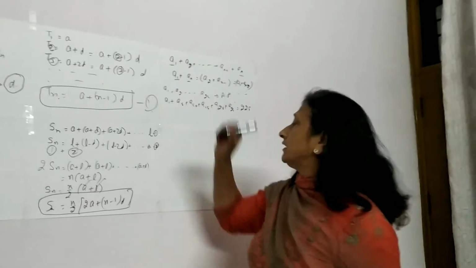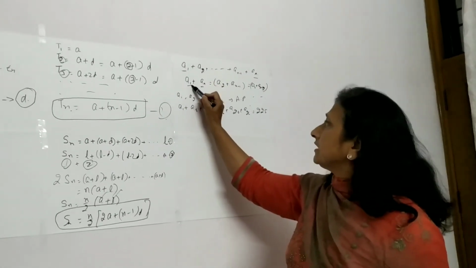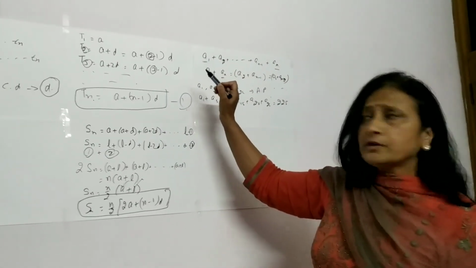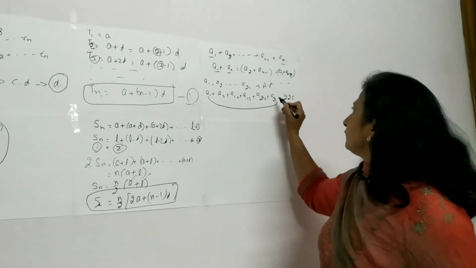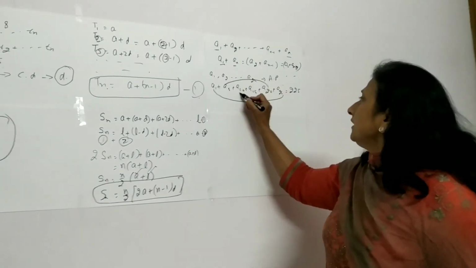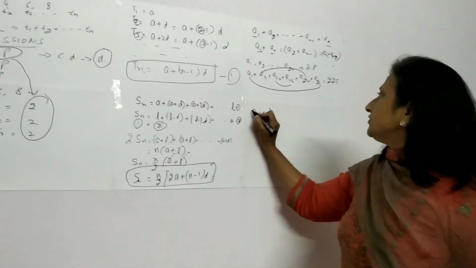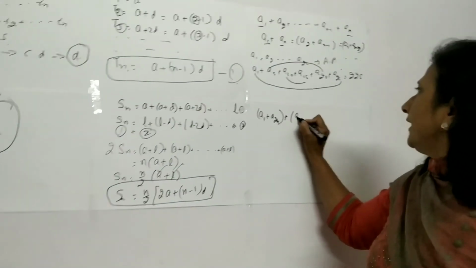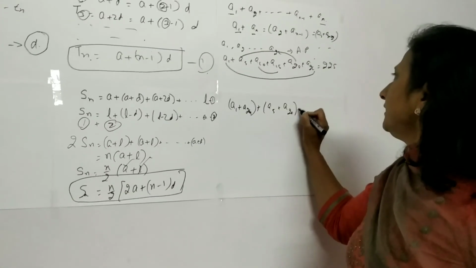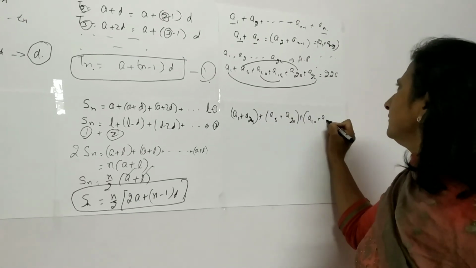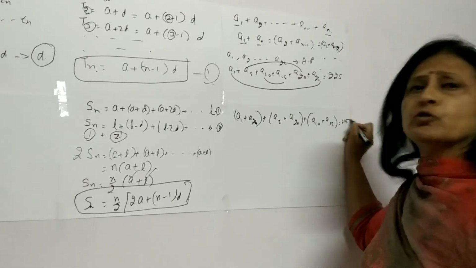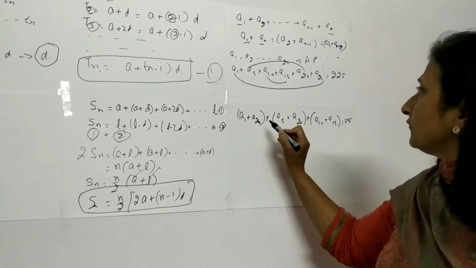Now using this property, how can we find it? As we just discussed, the sum of the terms which are equidistant from the beginning and the end, that is, A1 plus A24, A5 plus A20, A10 plus A15. I can write it as A1 plus A24, rearranging, A5 plus A20, A10 plus A15 is equal to 225. So now I just explained